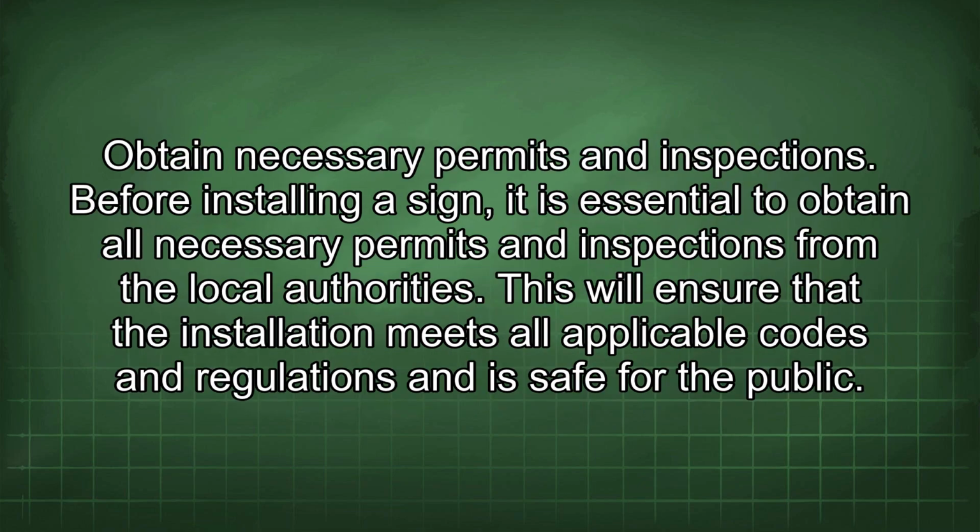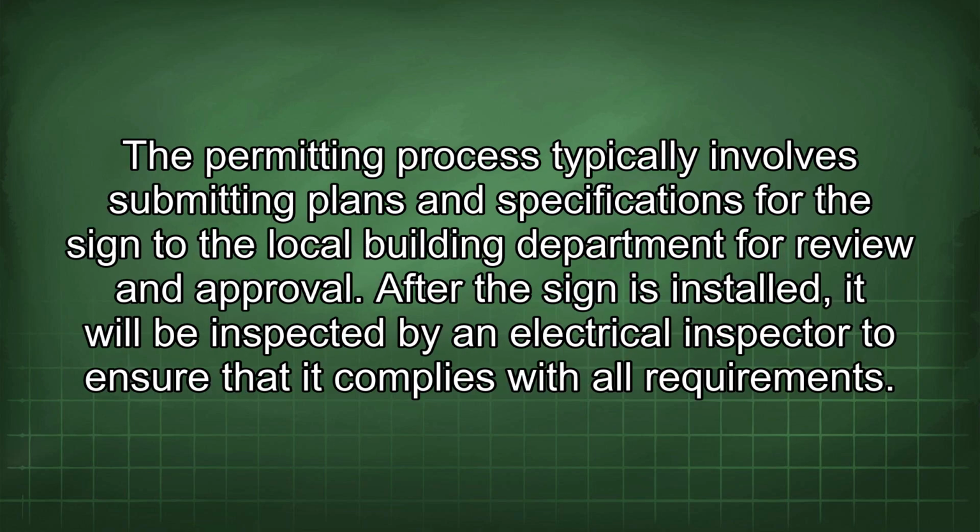Obtain necessary permits and inspections. Before installing a sign, it is essential to obtain all necessary permits and inspections from the local authorities. This will ensure that the installation meets all applicable codes and regulations and is safe for the public. The permitting process typically involves submitting plans and specifications for the sign to the local building department for review and approval. After the sign is installed, it will be inspected by an electrical inspector to ensure that it complies with